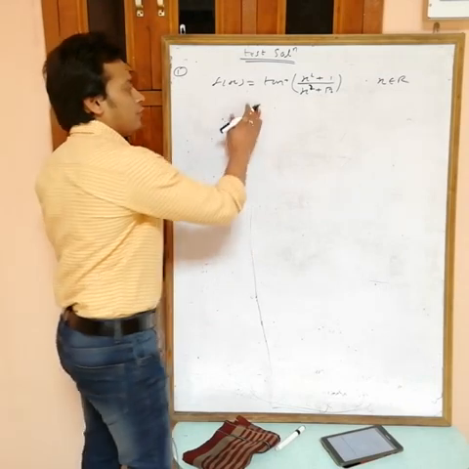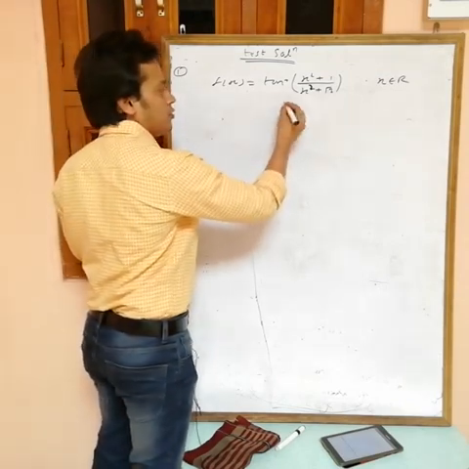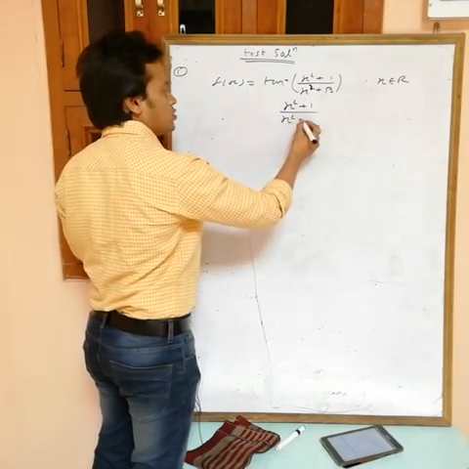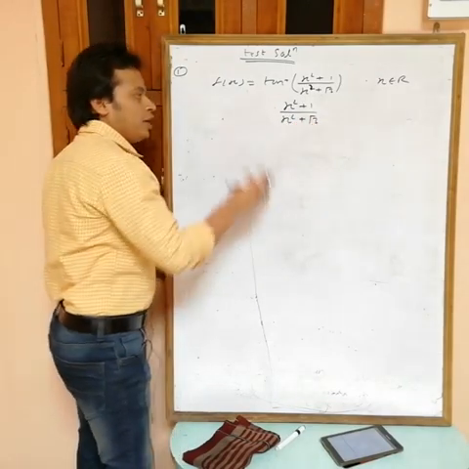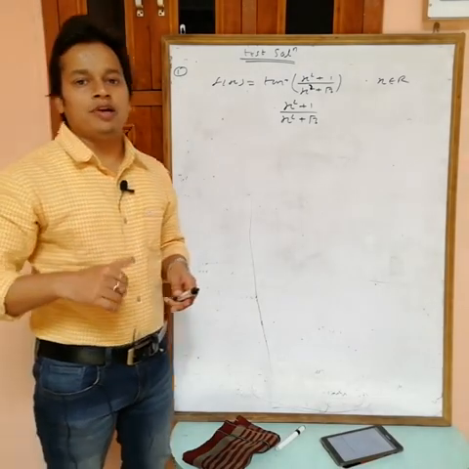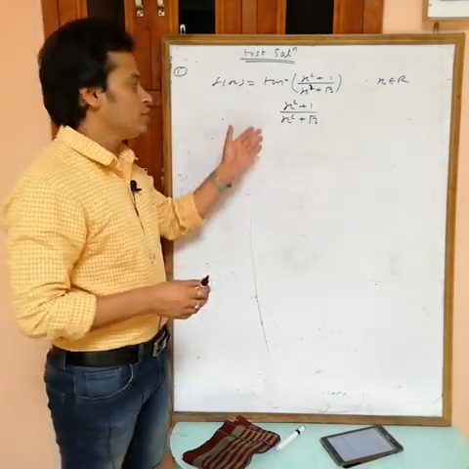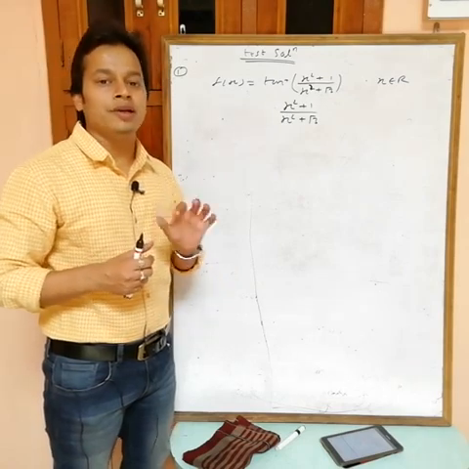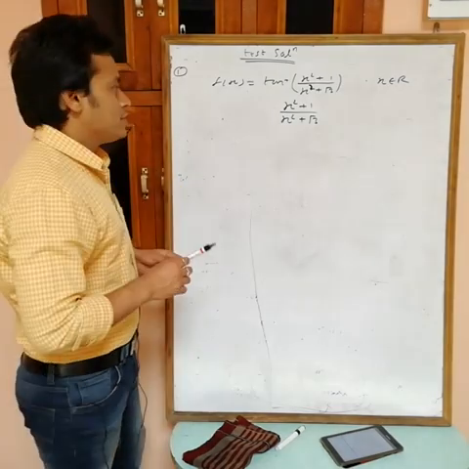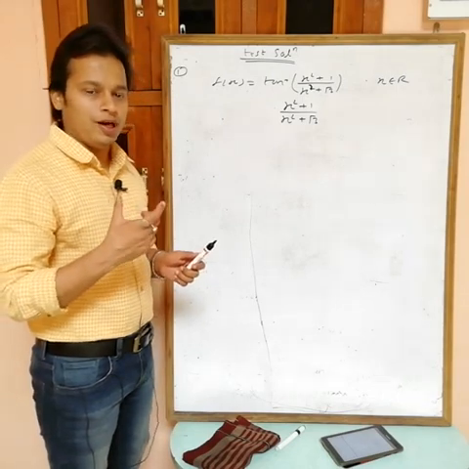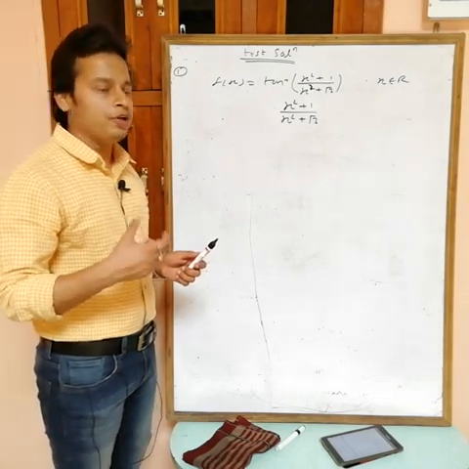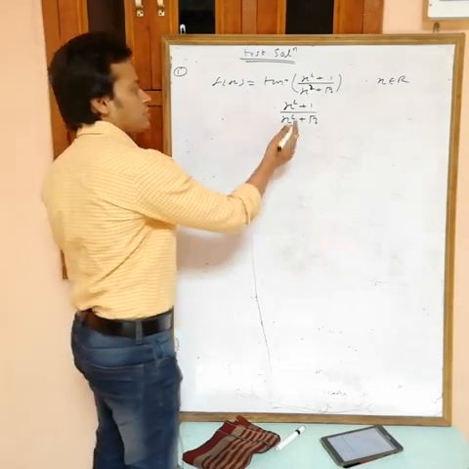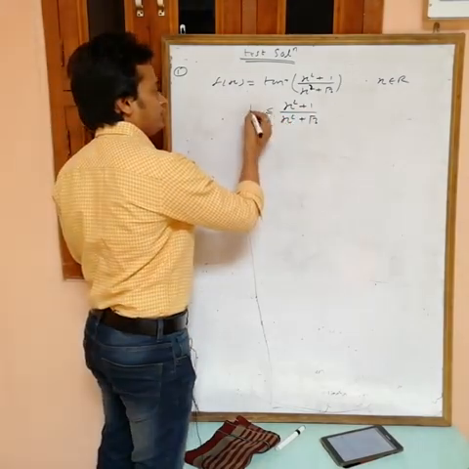Now to find the range we have to start from inside to outside. So first I have to find all possible values of (x² + 1)/(x² + √3). If you differentiate this one, then for positive value of x the derivative is greater than 0. It means this is an increasing function from 0 to infinity. I am taking only the interval from 0 to infinity because for positive and negative you will get the same values. So if you put x equals 0, we are getting 1 by √3.